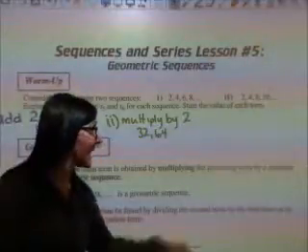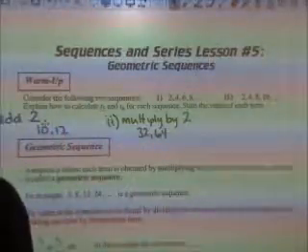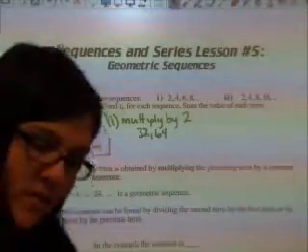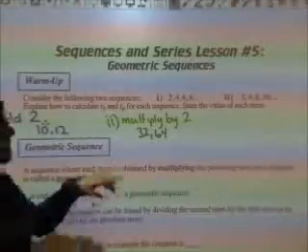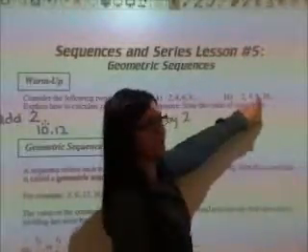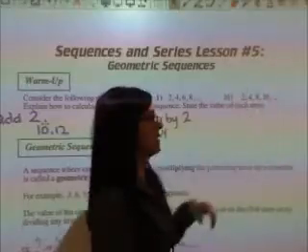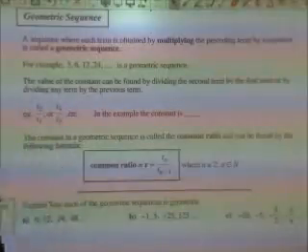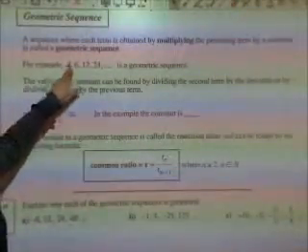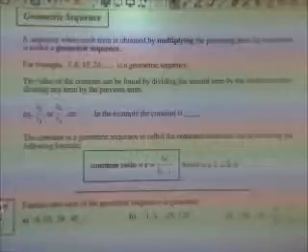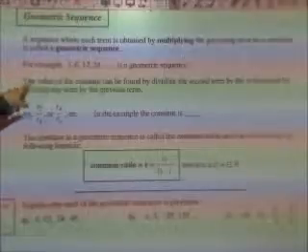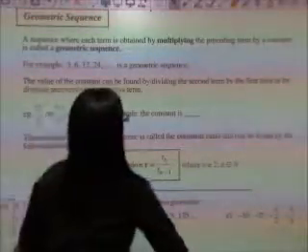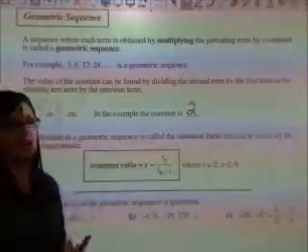So the second sequence is what we call a geometric sequence. A geometric sequence we get by multiplying the previous term by a common ratio. So if I take 4 and I multiply it by 2, I get 8. Take 8 and multiply it by 2, I get 16. So for example, 3, 6, 12, and 24 is another geometric sequence. I start with 3 and I multiply by 2 each time. So in the example above, the constant would be equal to 2,